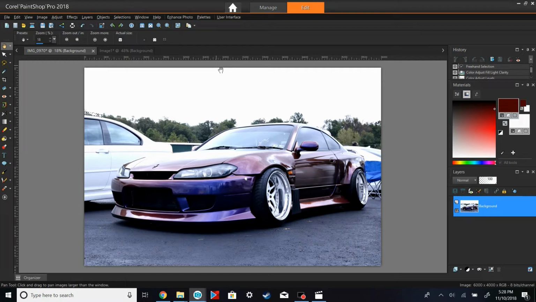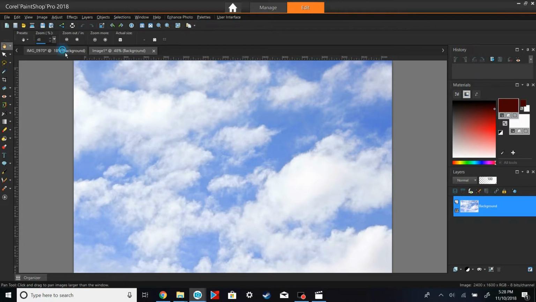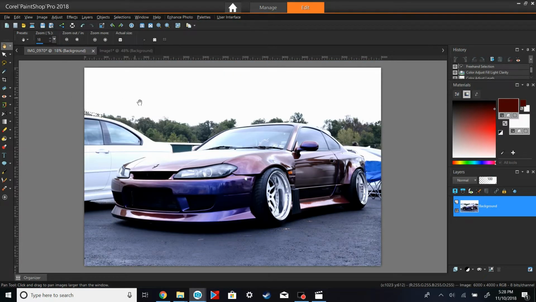Alright, so the next thing I'm going to be doing is one of the more tedious parts of this process, and that is going to be cropping out the car along with the trees and everything else in the background in order to put this photo where the original sky to this photo would be, just to make it a little more pleasing and also make it flow better with the rest of the photo, so it's not just a white background. So what I'm going to be doing is going to my lasso tool,